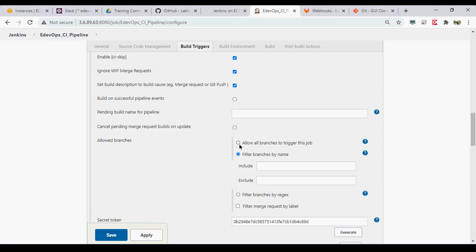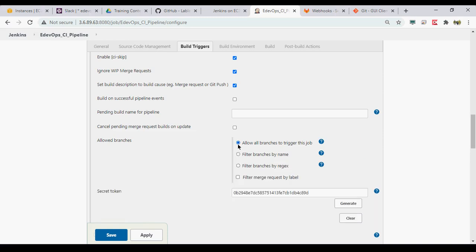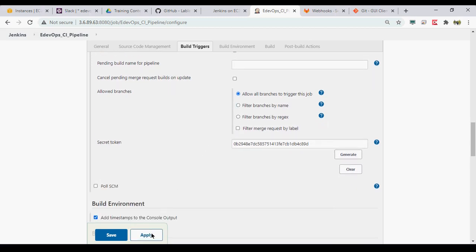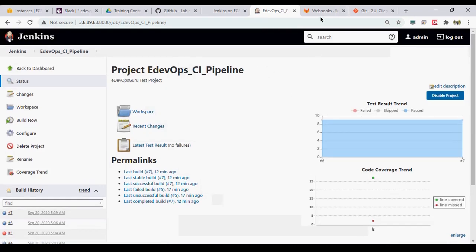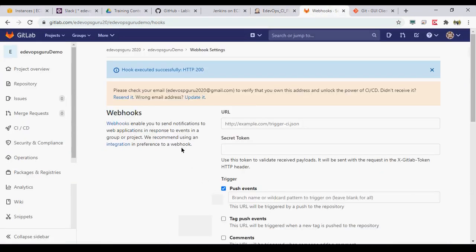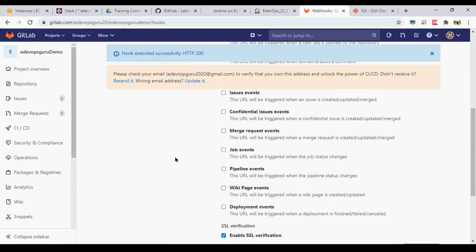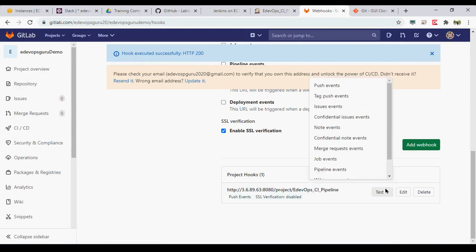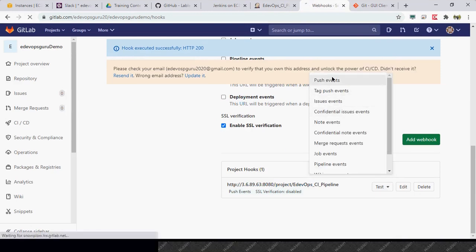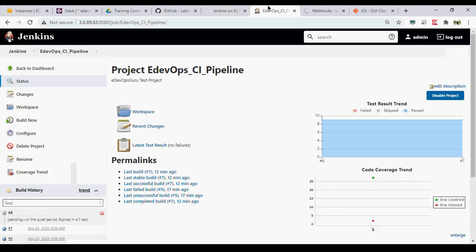But let all branches trigger this job. So let's save it. Now let's run it again. If we see here, the webhook executed successfully, but it did not return anything because our job was not ready there. So now let's test it again.